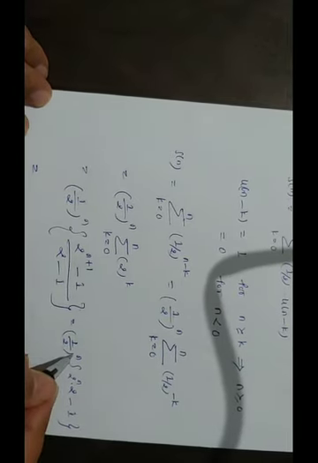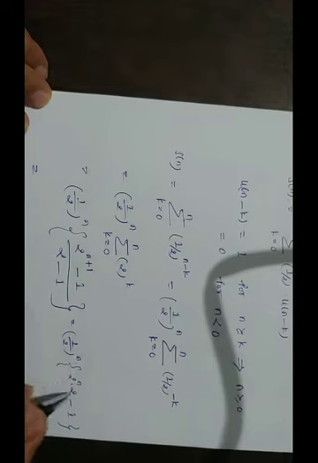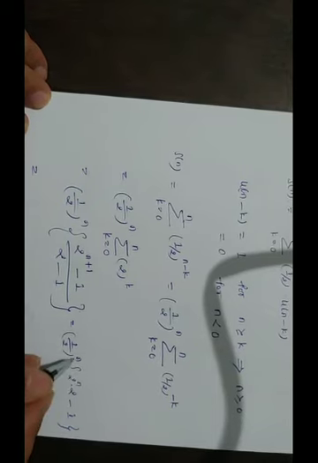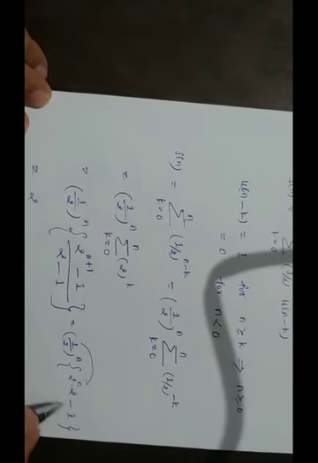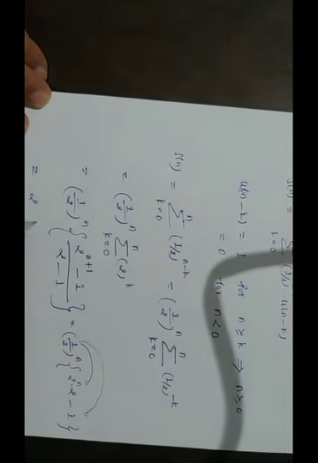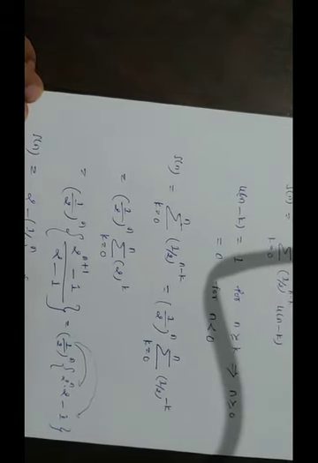Now 1 by 2 to the power n is nothing but 2 to the power minus n. So 2 to the power minus n is multiplied with this term. So 2 to the power n and 2 to the power minus n cancel. The term I am getting from this multiplication is only 2. Then after that I have to multiply with this, so I am getting here 1 by 2 raised to n. So this is S of n. Already you know for what condition: for n greater than or equal to 0, and it is equal to 0 for n less than 0.